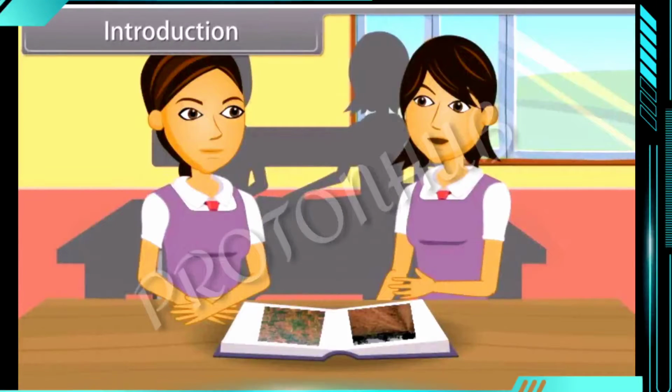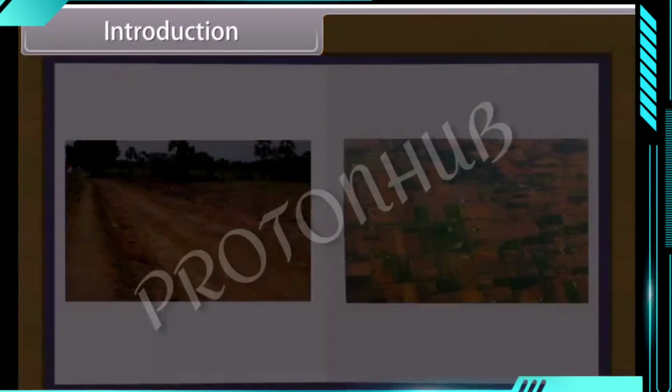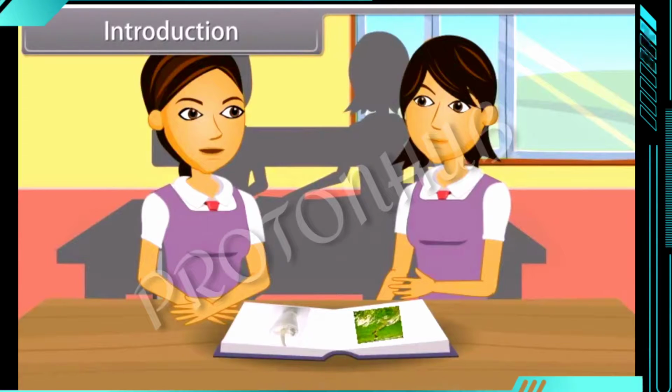But as our population is increasing, land for house and industry is also increasing. This in turn results in decrease in cultivable land. As a result, we do not have any major scope for increasing the area of land under cultivation. Therefore, it is necessary to increase our production efficiency for both crops and livestock.